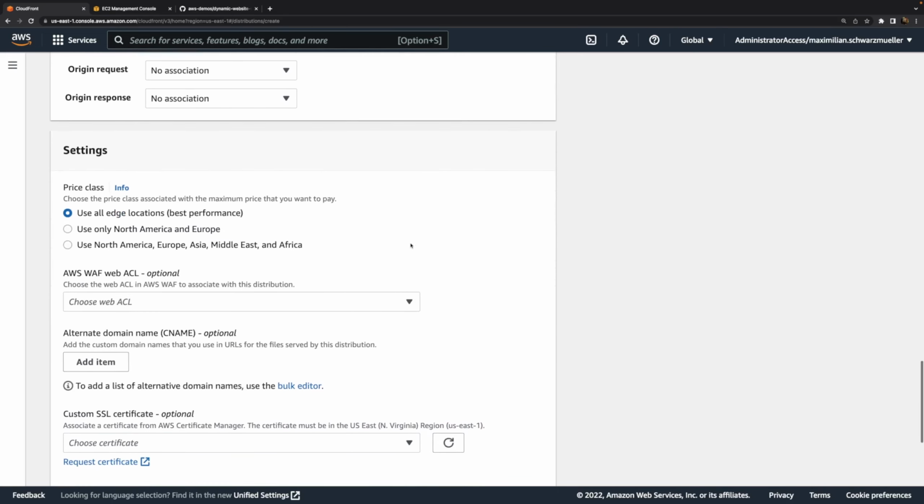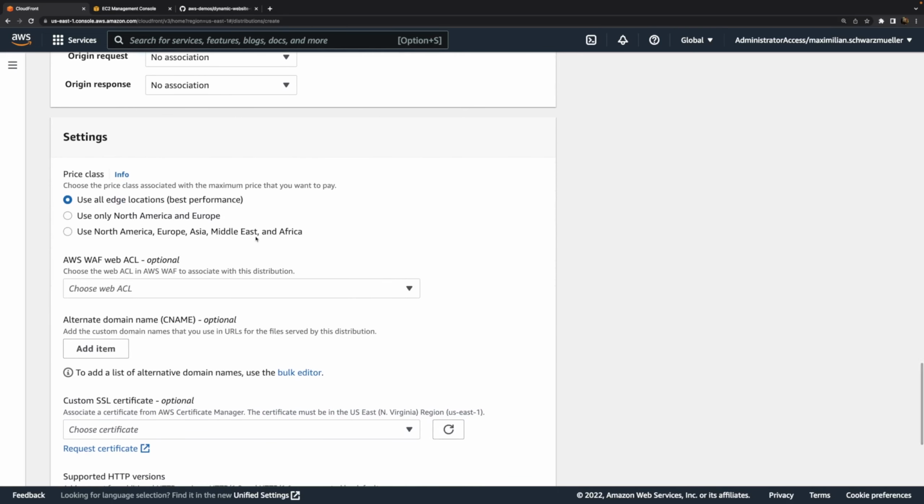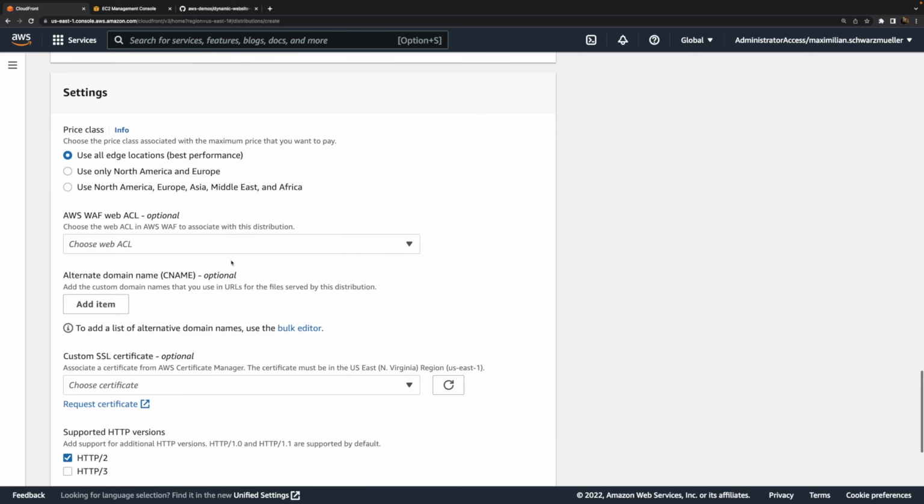Now next, you can also choose whether all edge locations all over the world should be used or only in certain regions. And of course, if you know that you, for example, only have customers from the US and Europe, you could save some money by only using some edge locations, but here I'll use all.